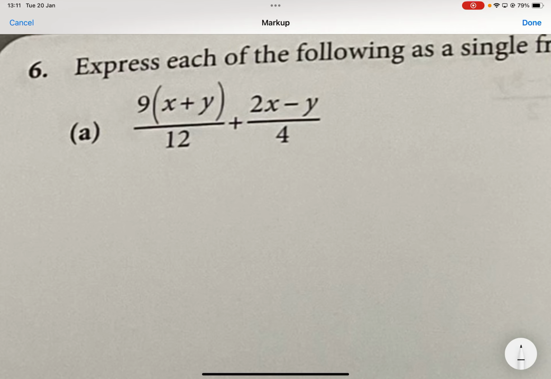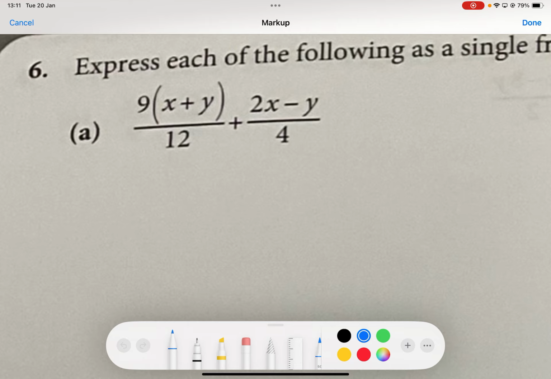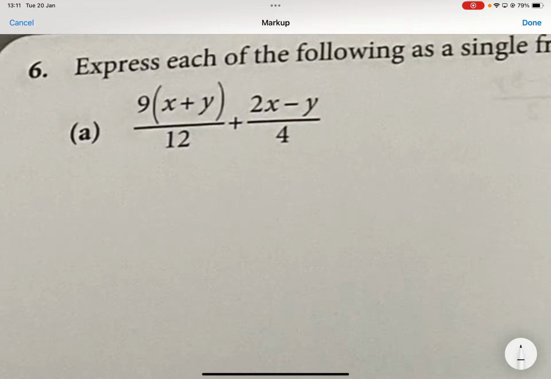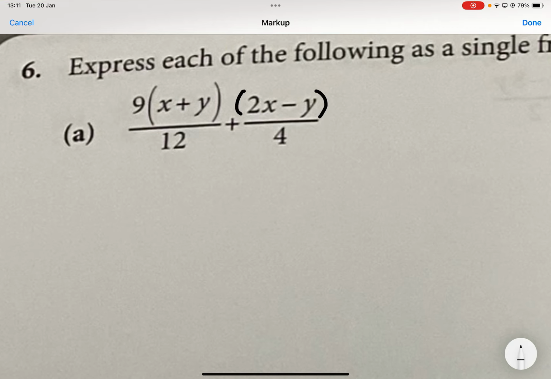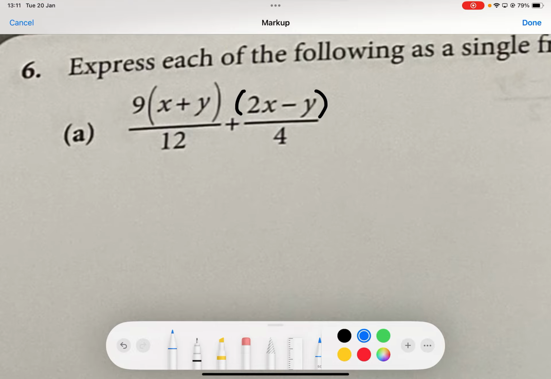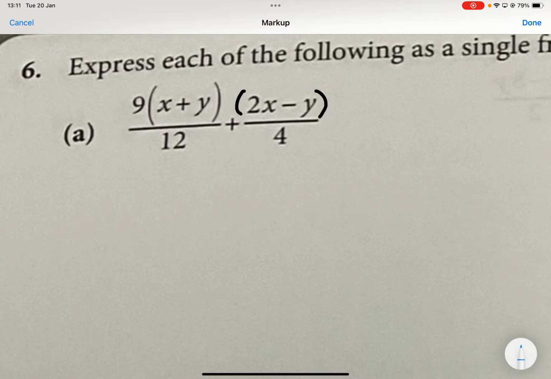Again, when I see this, I should be thinking fraction plus fraction. So fraction plus fraction, then I go and look at the numerator. The second numerator, I need to bracket them together. Then I start to think about my common denominator. 4 times 3 can become 12. Okay, even before that,